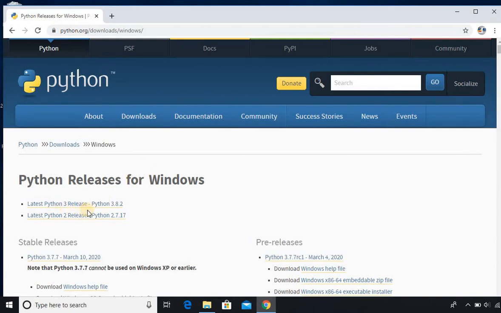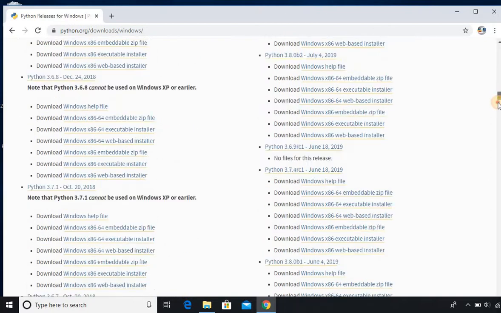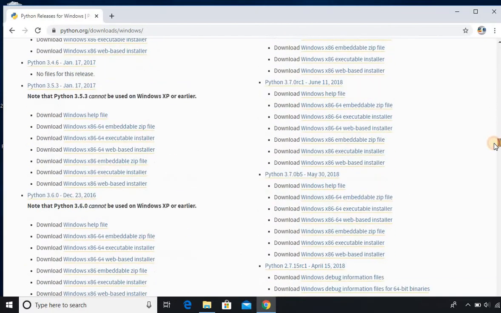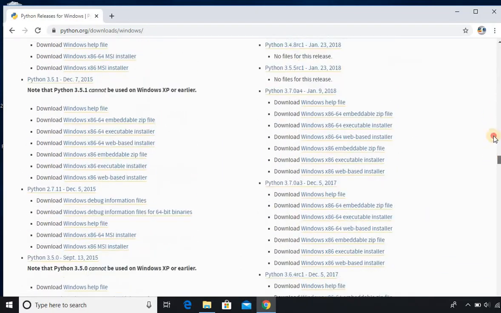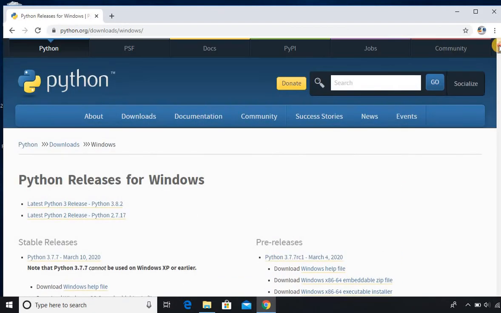the latest Python releases for Python 3 and 2. Here are the latest releases: for Python 3 it is 3.8.2 and for Python 2 it is 2.7.17. If you want to download any previous older version, you can scroll down and click on your specific version also. I am going to download the latest version for Python 3 which is 3.8.2. So click on it,